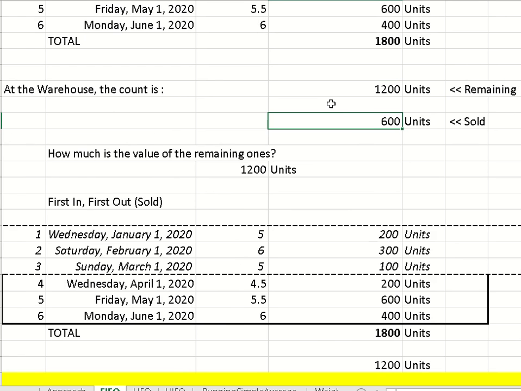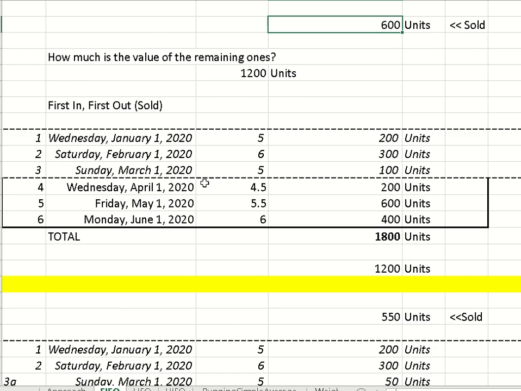The 600 is really the cost of goods sold. It goes to the accounting department. What is important is how much inventory is left with us. So that is the 1,200 units left at the warehouse. What is the value of this 1,200? So since we are using FIFO,